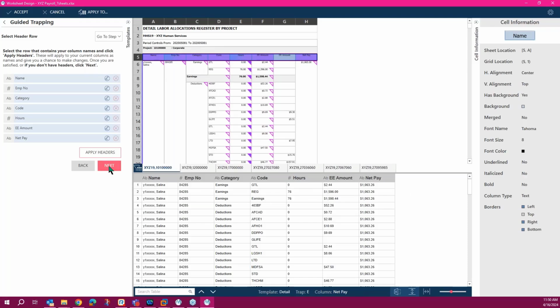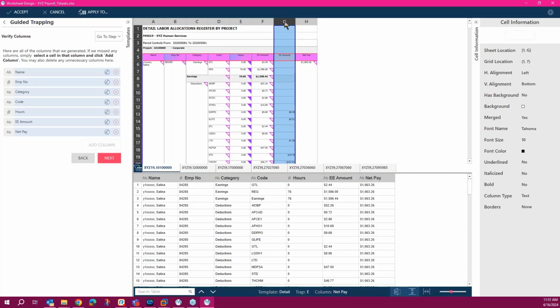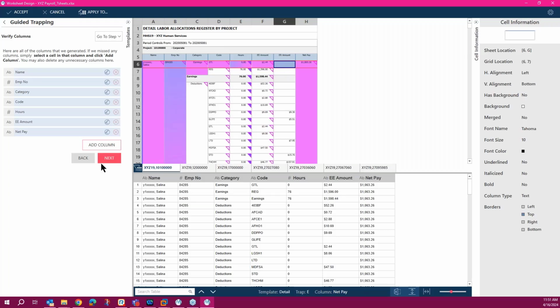Okay, so let's go to the next step. On the next step, it is asking me if any column is missing, so I can select it and then click on add a column. I want to select a column like here, not up here, because if I click up on the G, you notice that add a column is not selected, it's disabled. So I want to select right here where the header is, or you can just select here, it really doesn't matter, and then click on add column button. And what it does, it just adds this column G to the end.